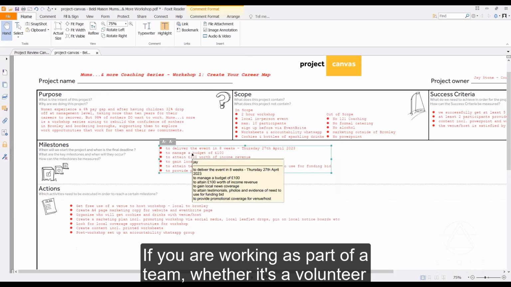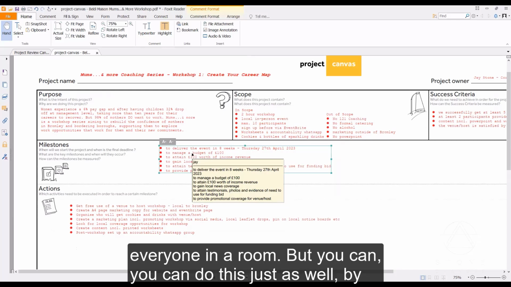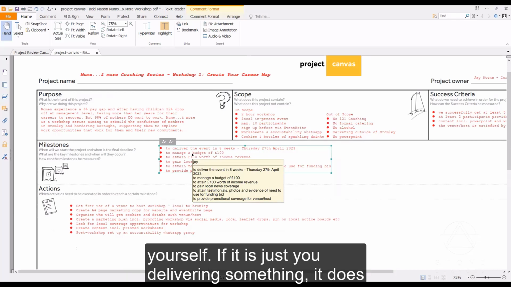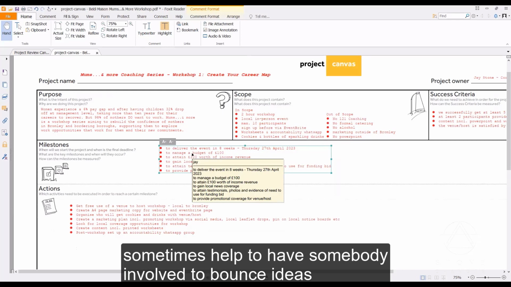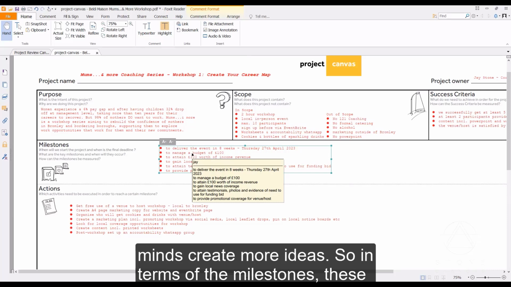If you are working as part of a team, whether it's a volunteer group or a team of employees, it might be a good idea to get everyone in a room, but you can do this just as well by yourself if it is just you delivering something. It does sometimes help to have somebody involved to bounce ideas off of, or to look at any gaps, because more minds